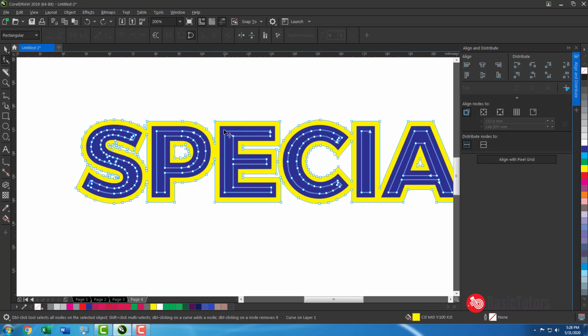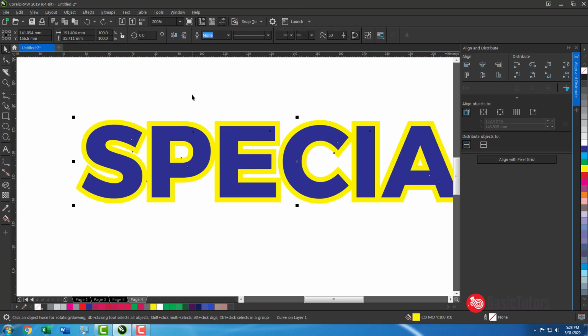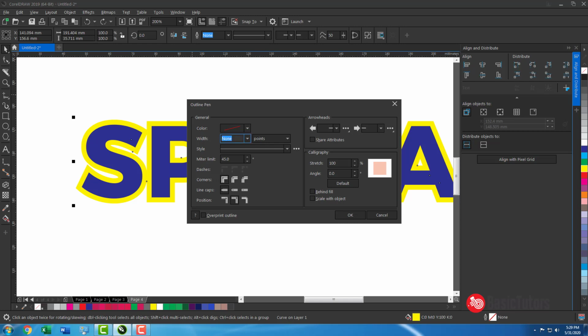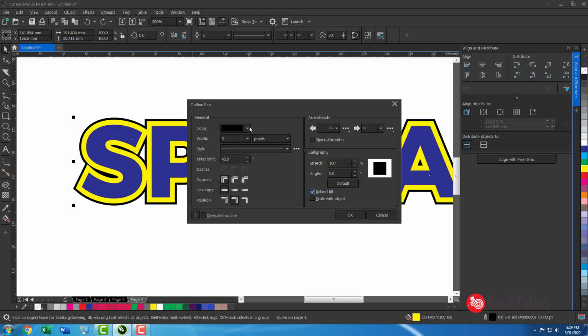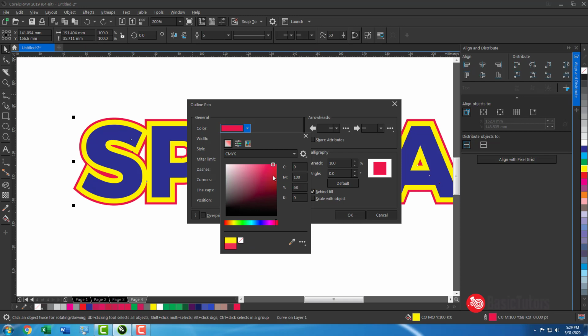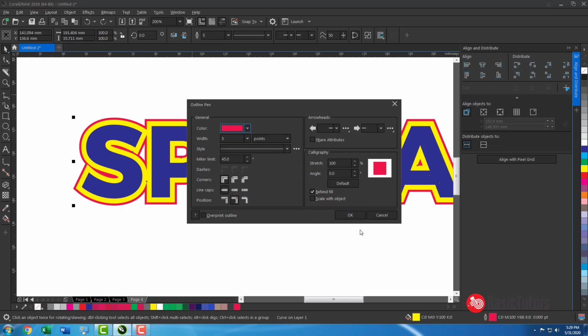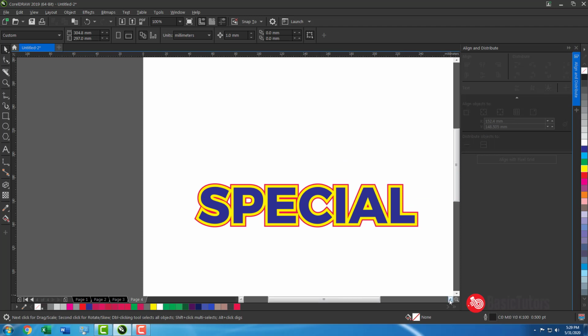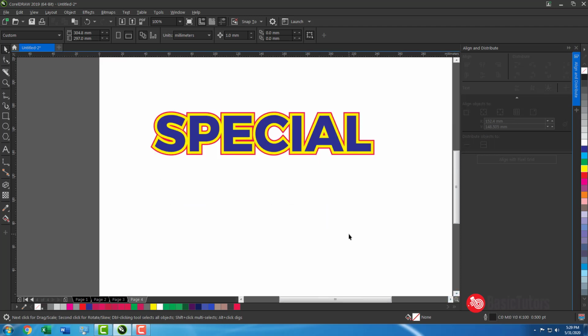Now if you increase the outline again, since it is an object, you can give an outline again here. In this way it goes on. In this way convert outline to object works fine.